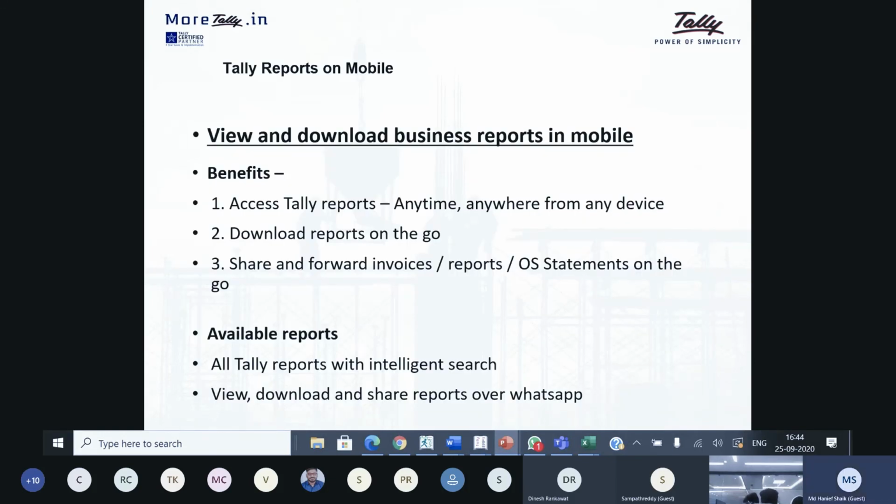Yeah, and Tally recently introduced Tally reports on browser. That's a beautiful facility. So you can access all your reports anywhere, anytime, and on any device. Irrespective of device, from the mobile, from the tab, from the system, you can access anything. No limitation, no territory limitation. You simply access from the browser, and you can download all the reports you are looking for, and you can share through WhatsApp. You can share through email also. This is the latest facility and a very nice facility.